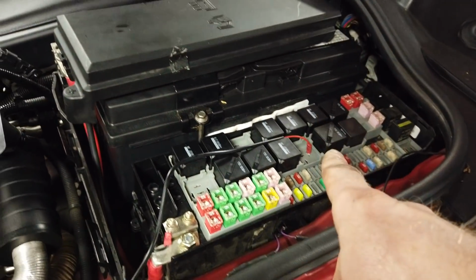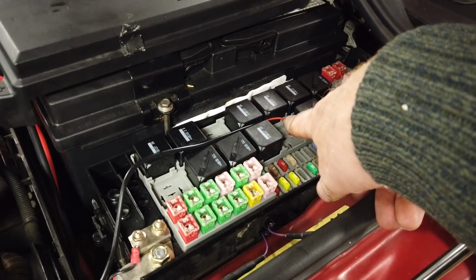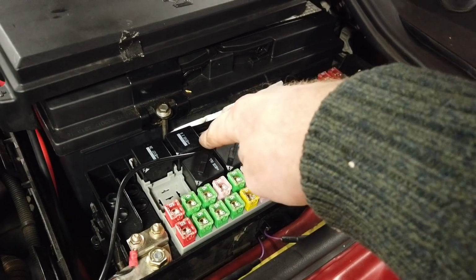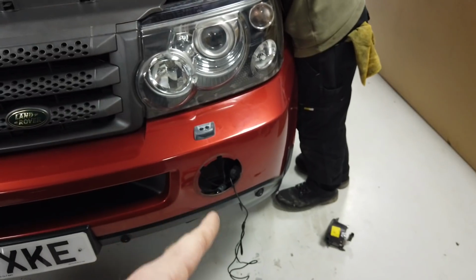Now you could, and I'd probably recommend it, put an inline fuse. We won't provide one, but you could put an inline fuse here so that this cable is fused. Right, then you come down to the bottom here. And then we're going to...